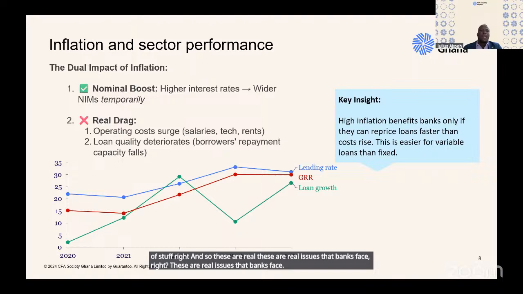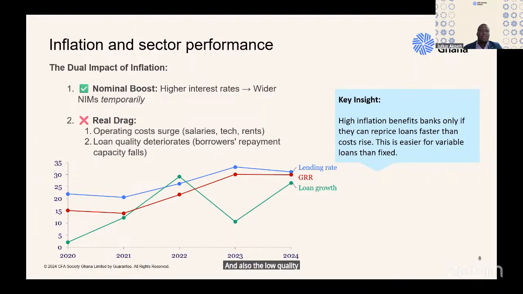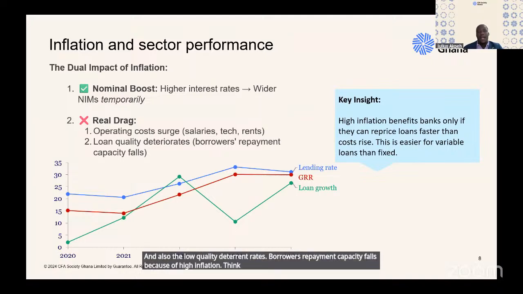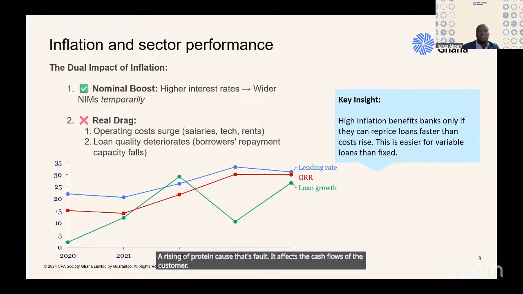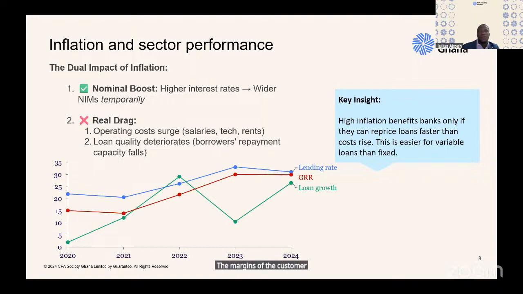And also the loan quality deteriorates. Borrowers' repayment capacity falls because of high inflation. Think about a situation where high inflation triggers a high interest rate, and the high interest rate means customers may not have the cash flows needed to even pay. And high inflation may mean that customers' own operating costs will rise, and rising operating costs affect the cash flows of the customer. The margins of the customer may not be strong enough, so they may not be able to pay back the